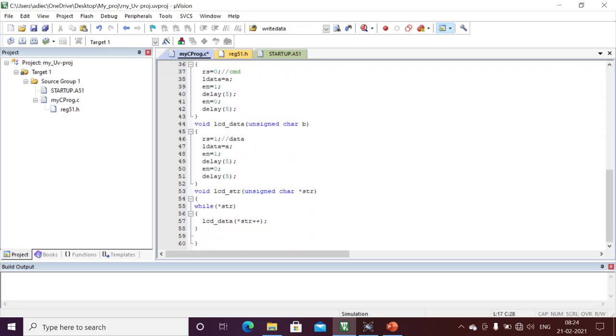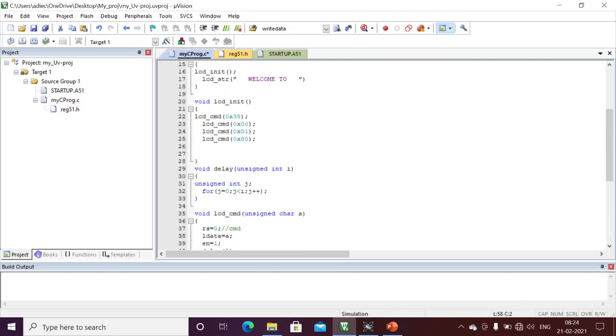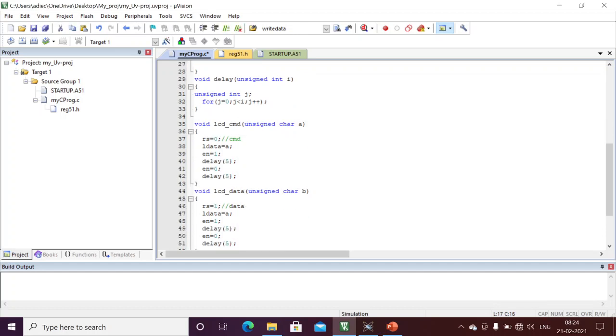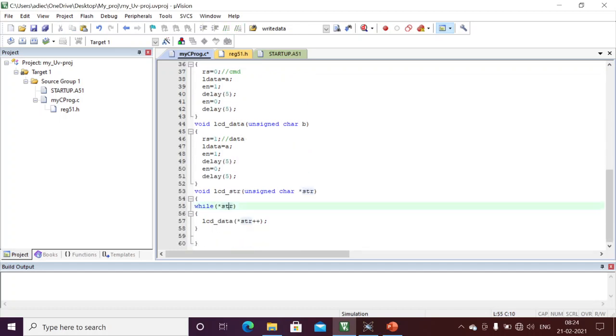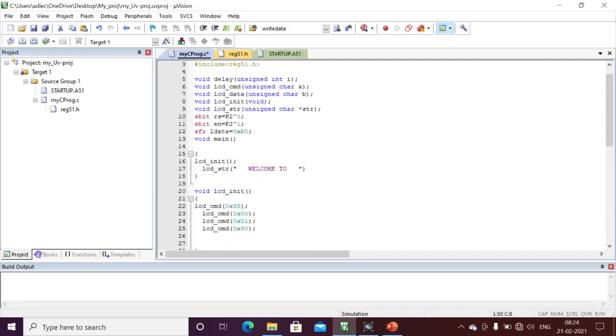Until null I am going to repeat this while loop. First I am going to pass the space, all the spaces, and after that the W character. While W is not a null, I am going to pass it to this LCD data. This W character I am passing here with RS equal to 1, since W is the data. Whatever the W character is, I place it at port 3, then I give the enable pin a high to low transition. This W will be written to the LCD, so that W is displayed onto the LCD.